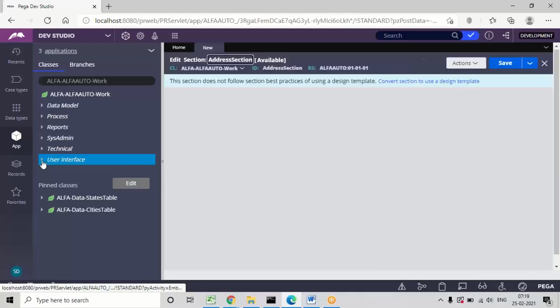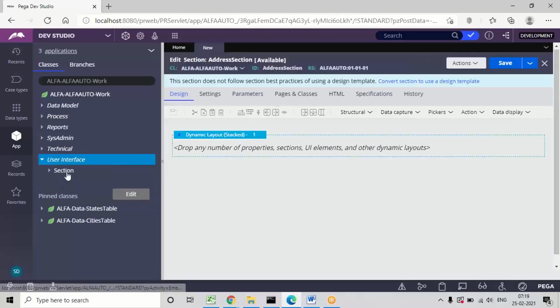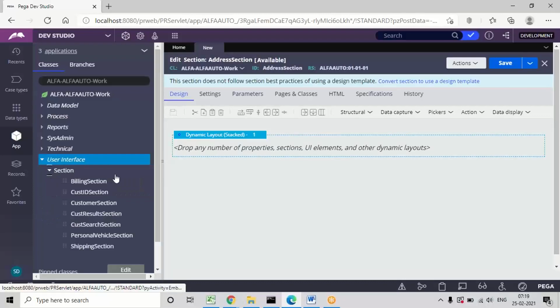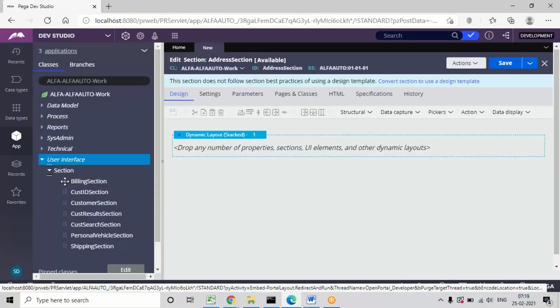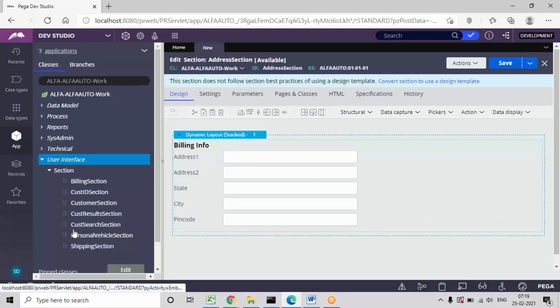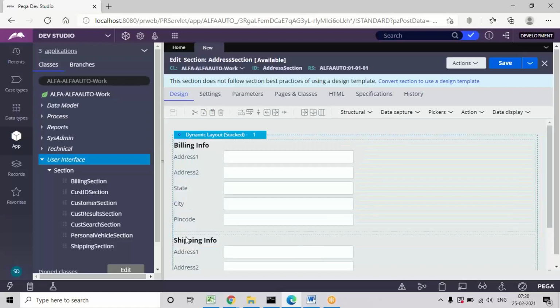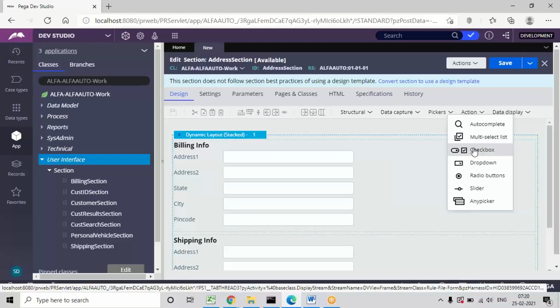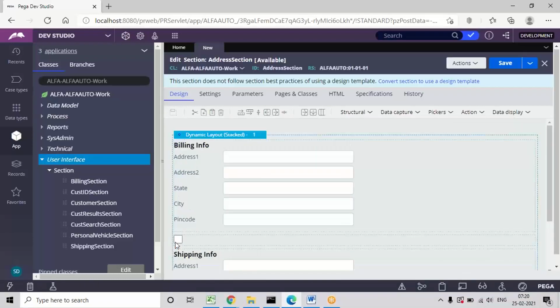Expand this user interface so you can see the names here, right? After saving, you're going to drop these details: billing section, then shipping section, and for the checkbox you have to drop the control. If you go to pickers, you'll have this checkbox control. After the billing you can add it and open this control settings.